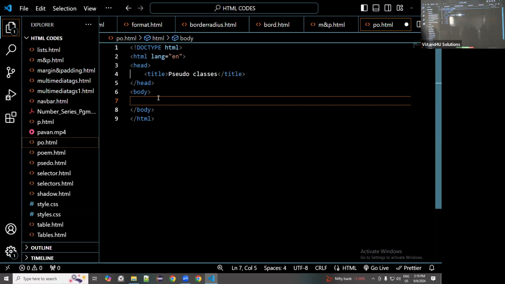Now, ma'am, how do you represent the pseudo class? See, classes, how were you representing them? You were representing them with a dot. Then how to represent pseudo classes? You will be representing them with a colon. Okay. So now inside this body tag,